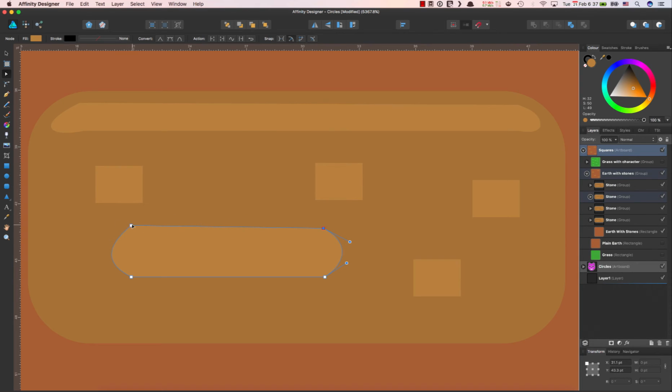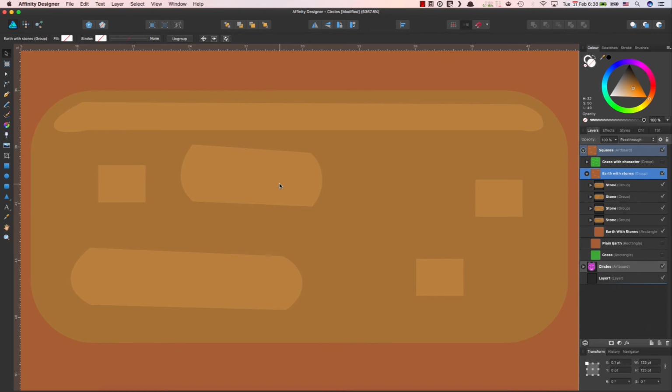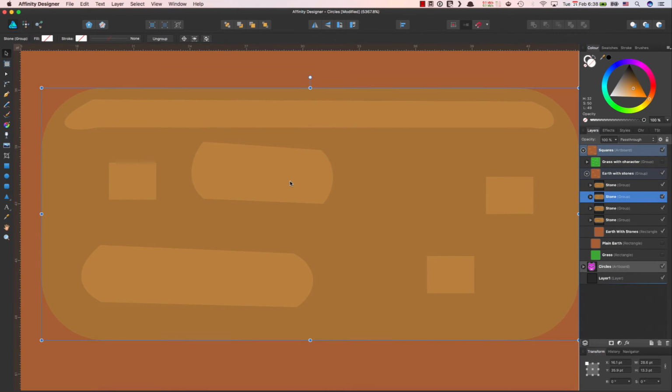Make it a little uneven. Create another copy somewhere here, smaller. Get rid of this. And if we zoom out,